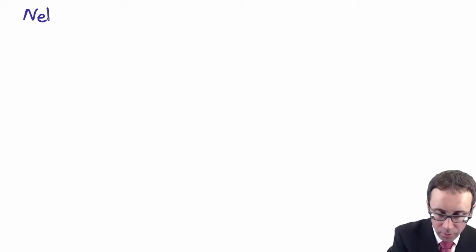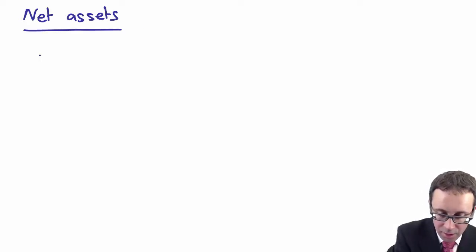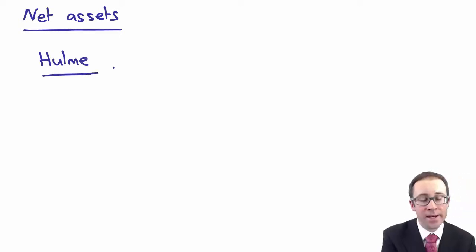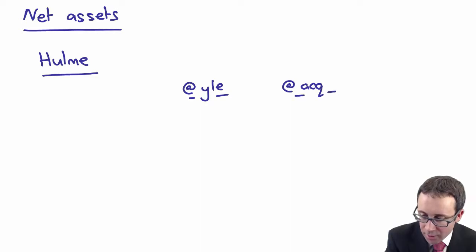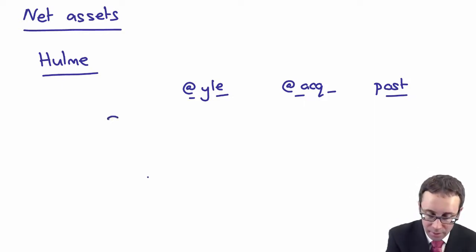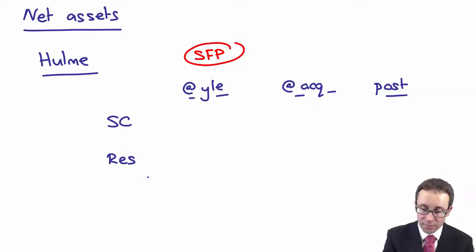So based upon that, what we'll do is we will do two net assets workings. So we'll do the net assets working first of all for Hume. Okay, so we're going to go through that and look at year end, look at their acquisition and post acquisition, and we're going to take share capital and the reserves. Year end, to get the figures for the equity and the net assets, we use the SFP,